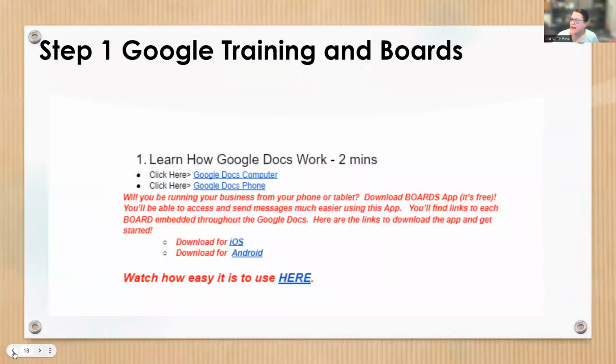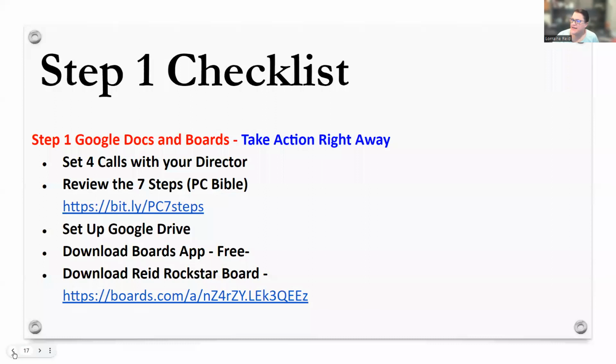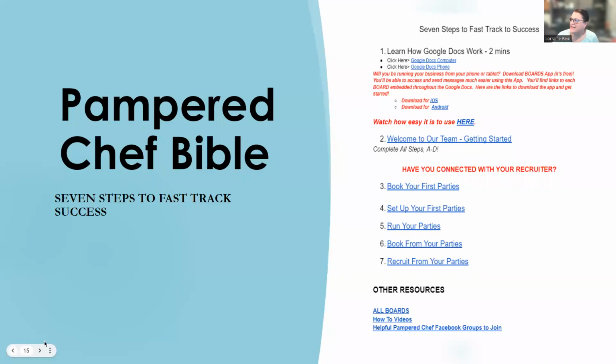So if you do not have that, if you could take a moment and put in the chat that you do not have either this document called the 7 steps to fast track success, or you do not have boards. Those are going to be the 2 integral pieces to your training process